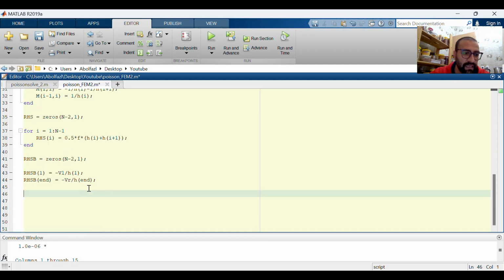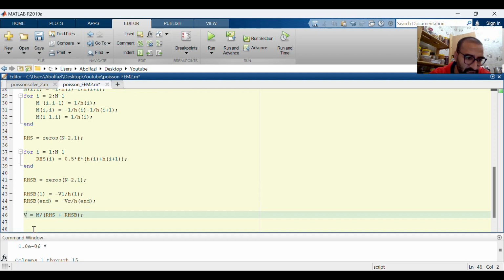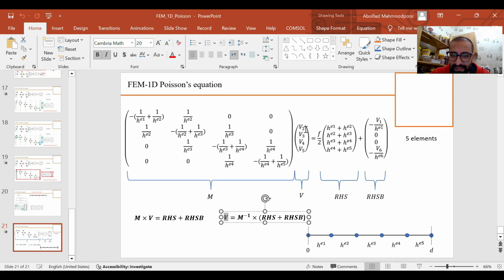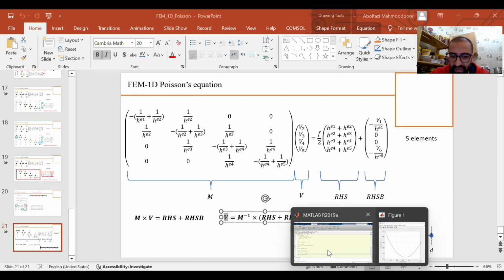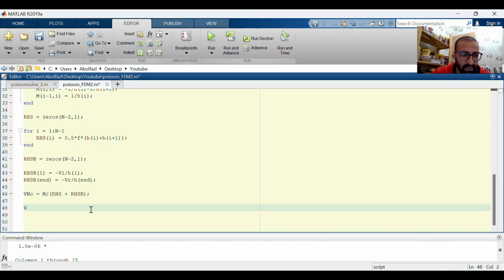Okay, and what else? And we say that, okay, V should be what? V should be M backslash right hand side. M should be Control C, right hand side plus Control V, right hand side B. But we notice that this V only contains, let me change this V to V numerical C. It means that this is numerical solution only at central grid, because we have V2, V3, V4, and V5. And finally, the numerical solution, that is Vn, should be, I'm allocating some memory to this matrix. It should be 0, n and 1, yeah,